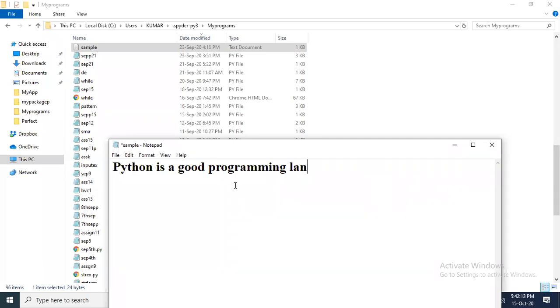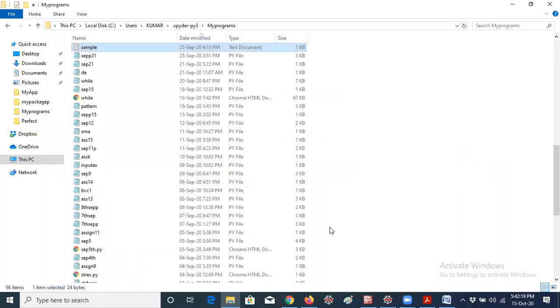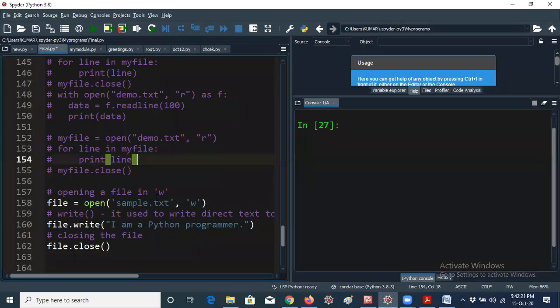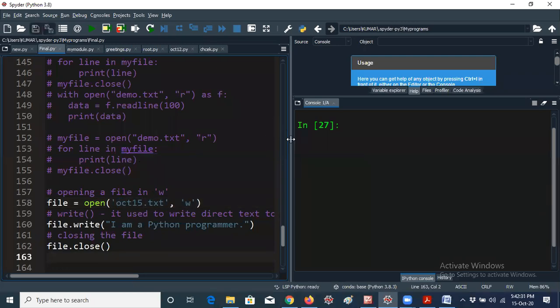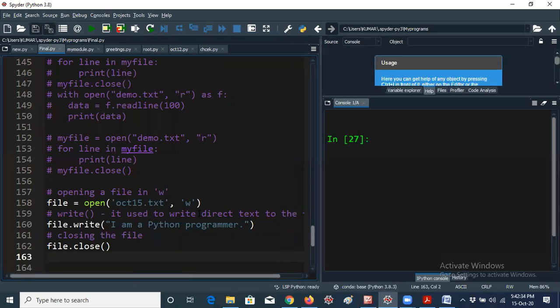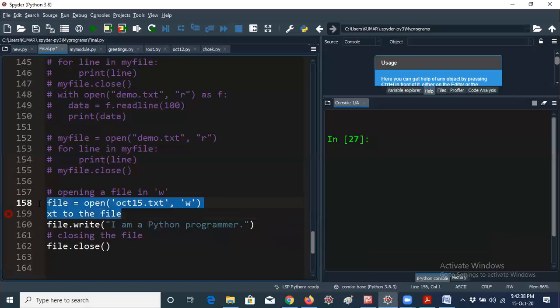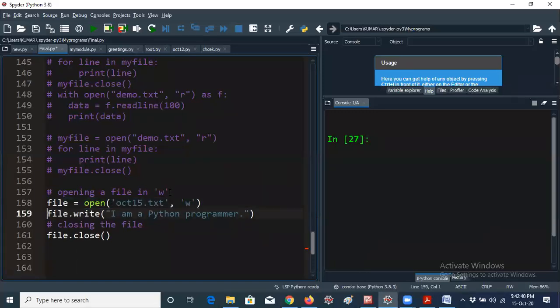No, I don't want to write actually. One minute, guys. I don't want to save actually. It will create automatically. Instead of sample.txt, I'm giving today's date, October 15. Okay, Control S, so I'm saving the program, guys. Here I will explain what this is, because this is basically only 3 lines of code. I will remove the comment lines.